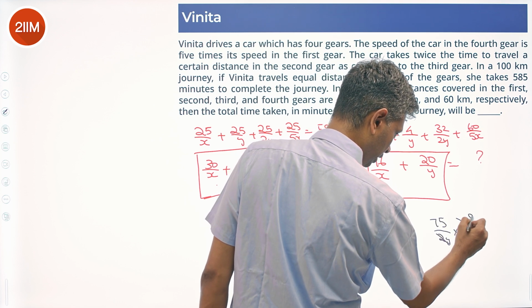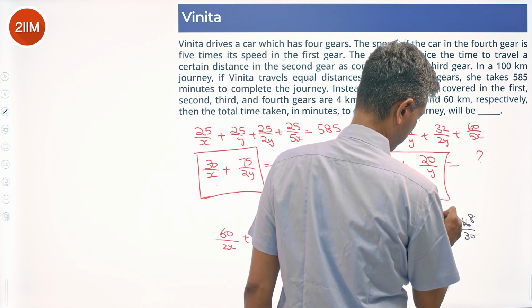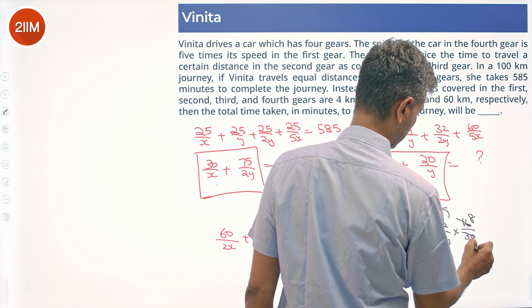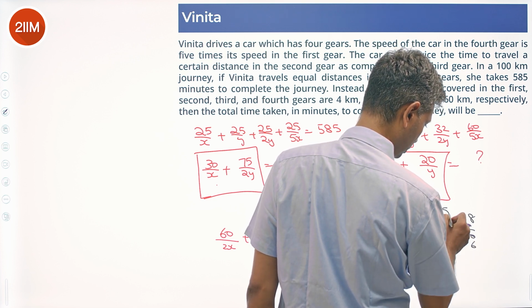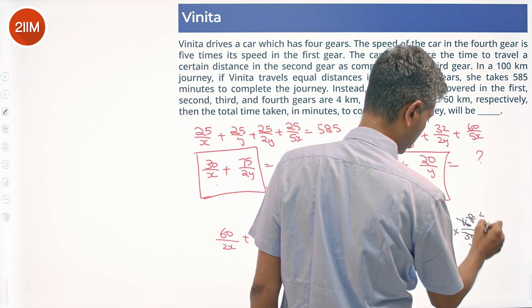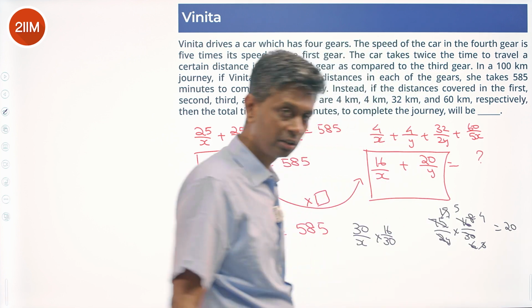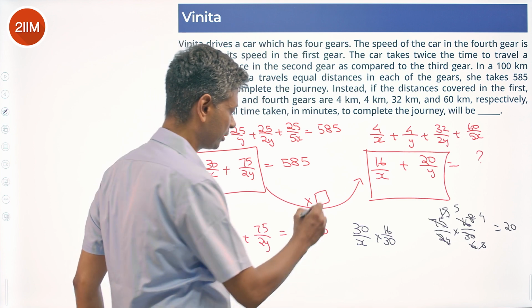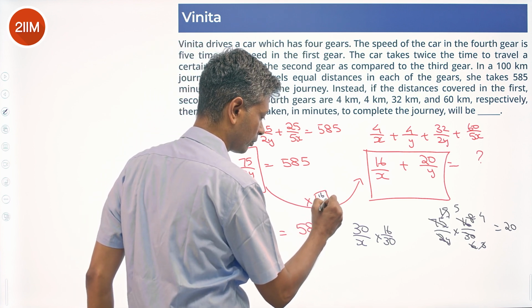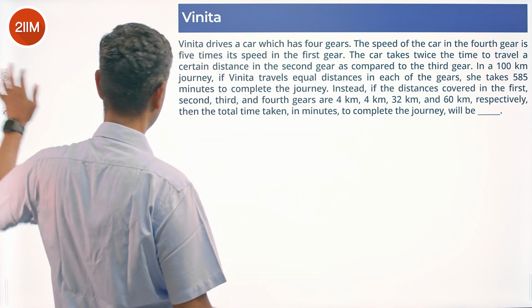75 by 2y into 16 by 30. This becomes 8. 75 by 30, I can cancel a 5. 15 by 6. 8 by 6 is 4 by 3. 15 by 3 is 5. This is 20. Brilliant. So this part into 16 by 30 gives me this part. Or my time taken will be 585